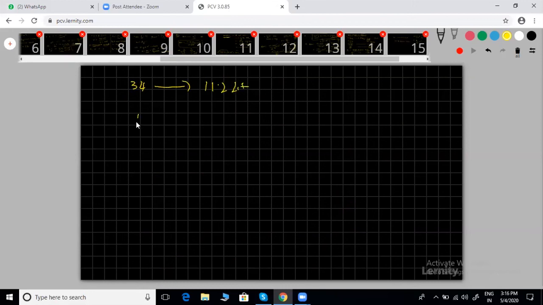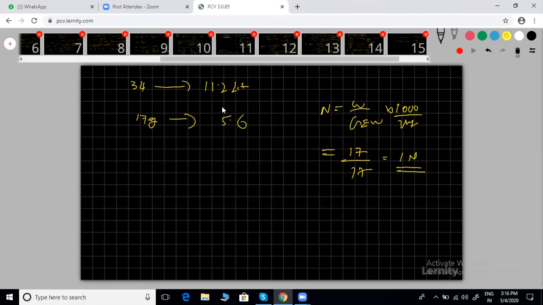If 70 grams, how much will we get? Normality, what is the normality equal to? Weight by gram equivalent weight into 1000 by VML. I know 17 grams, and equivalent weight is also 17. We'll get 1 normality here. 1 normality is nothing but 5.6 liters here. Even we can calculate from here. So finally we are getting one small relation, that is